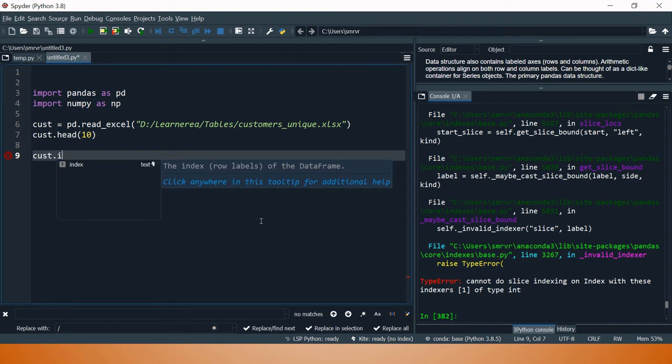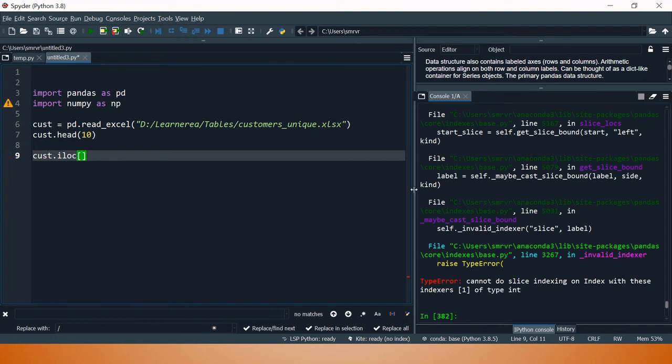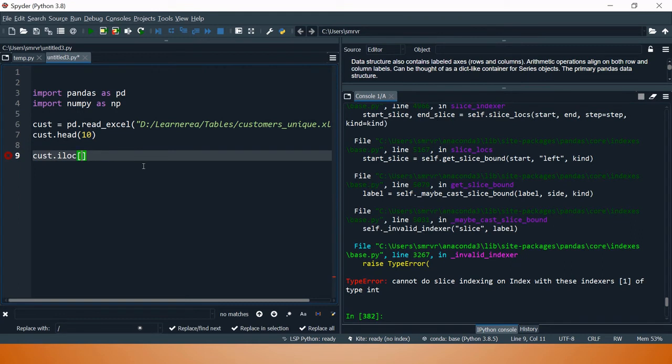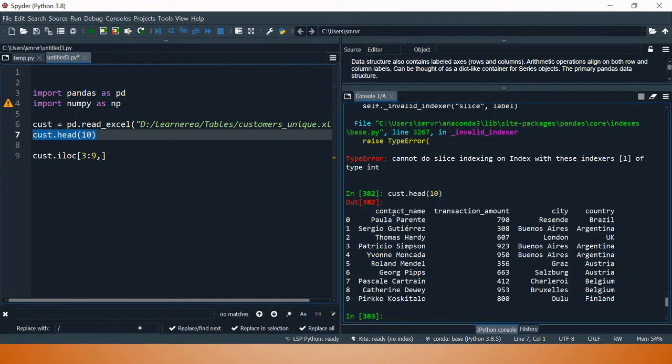We're gonna say iloc. Let's start with a simple example and then we will try all of these three things. Here I want to select rows starting from 3rd till 9th, and then columns. For that, first let's have a look at sample data. This is the 0th column, 1st, 2nd and 3rd. So for columns I want to start from 0 and then till 3rd, not 3rd, 2nd.